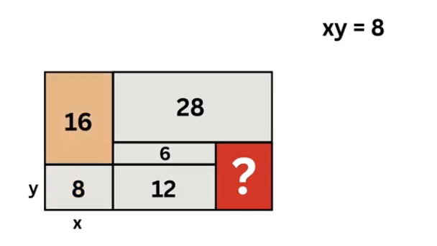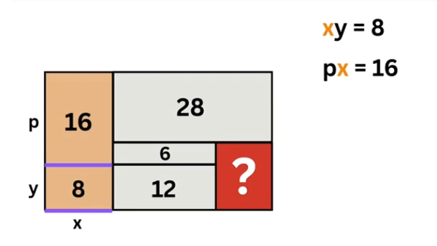Next, look at the rectangle directly above it, whose area is 16. This rectangle shares the same horizontal side x, right? Now let us call the vertical side of this rectangle p. Its area tells us that p times x equals 16. Now we have two relationships, one linking x and y, and another one linking p and x. The neat thing is that both rectangles share the same x, so by comparing their areas, we can learn how